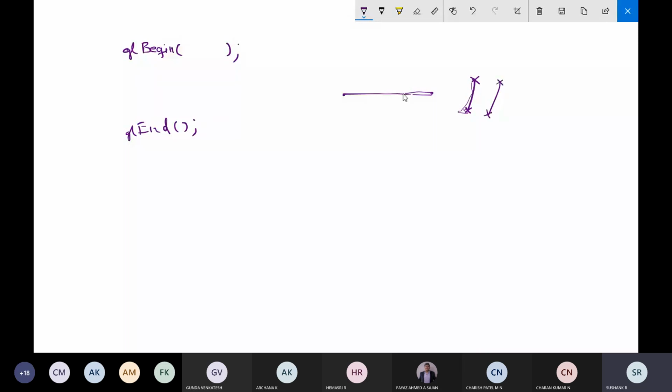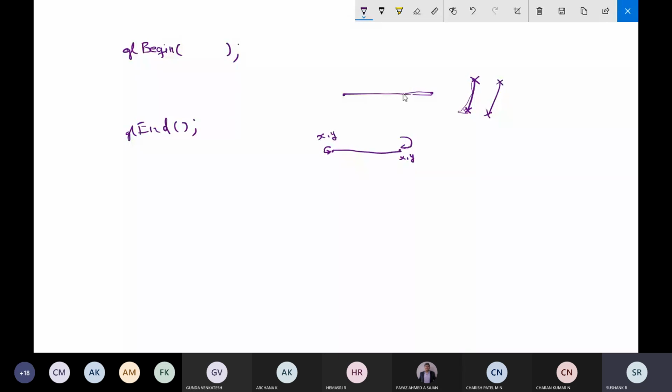The line is defined by the starting point and the ending point of the line. It will take the starting position of the line in terms of x comma y, and it will take the ending position of the line, also in terms of x, y. After that it will calculate the pixels between these two endpoints.